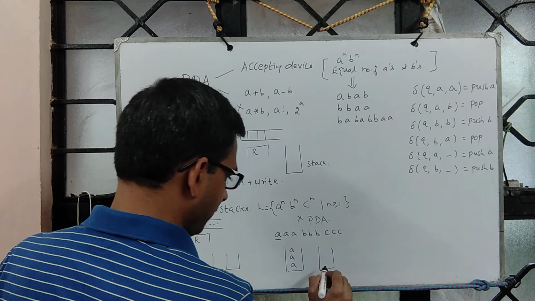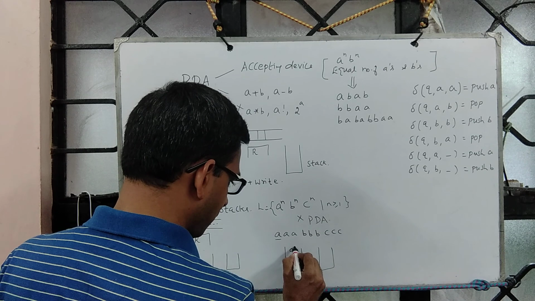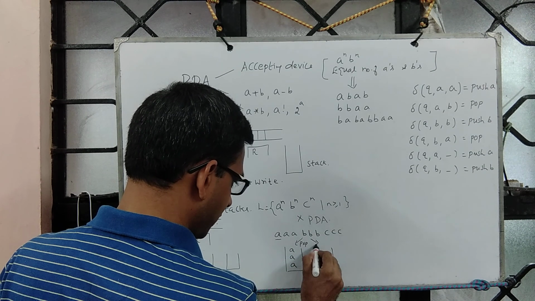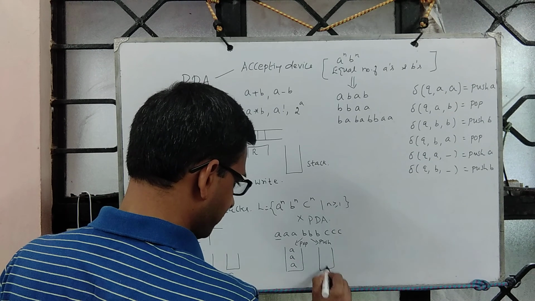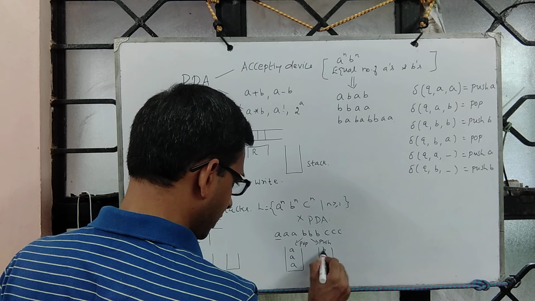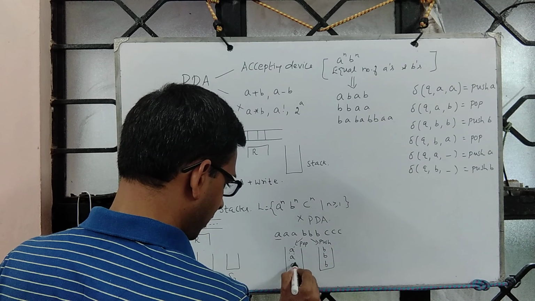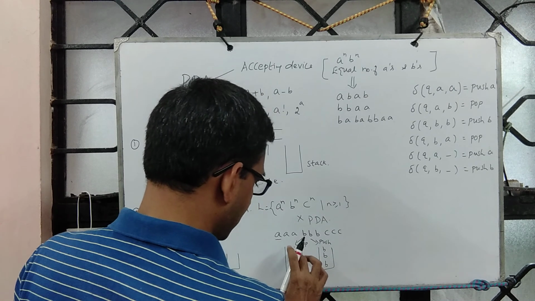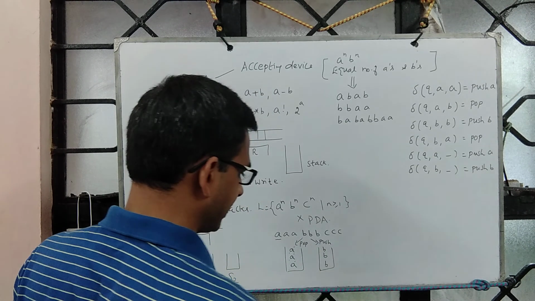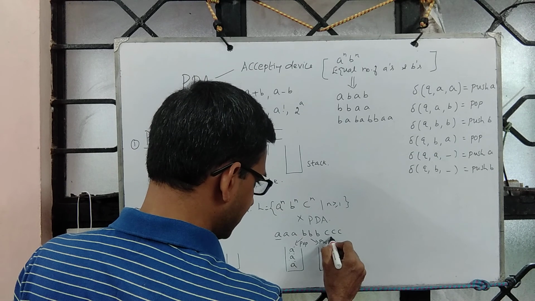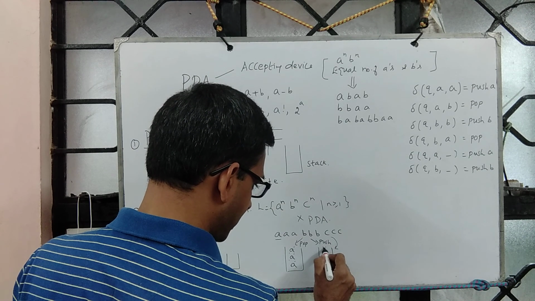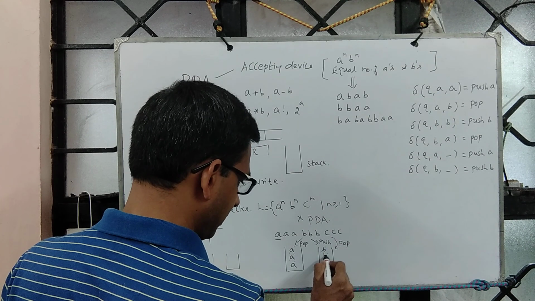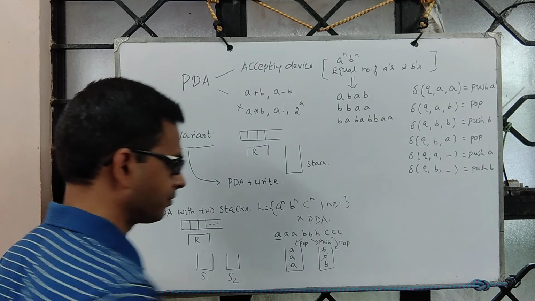Now I start seeing B. When I start seeing B, I perform 2 things. One, you pop and use the other stack to push. So which means I perform B, B, B, and you pop A, and so on. Now what happens? This becomes empty, and this contains 3 B's. Now when you start seeing C, you pop when you start seeing the first one. For the second C, pop the second B, this.